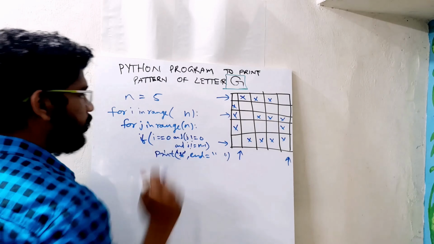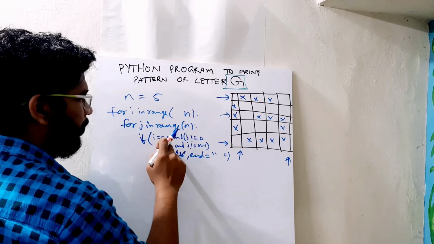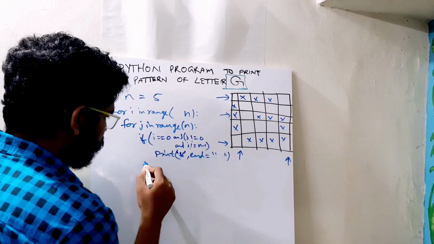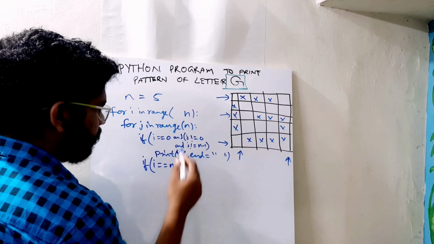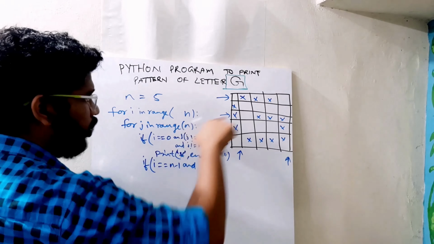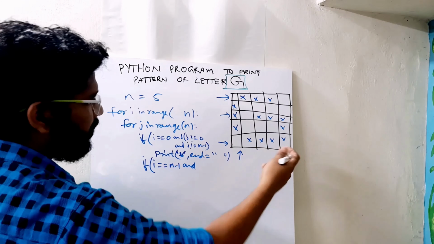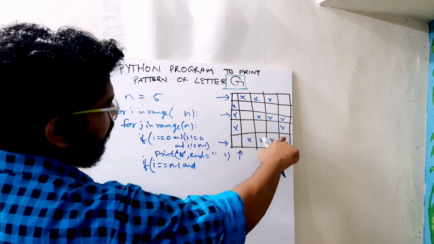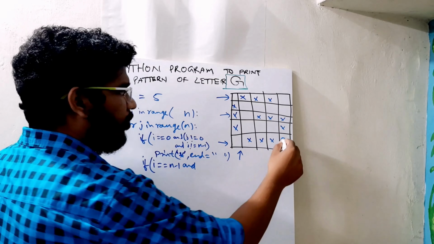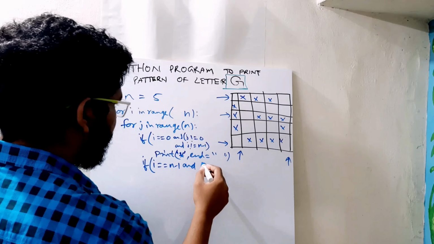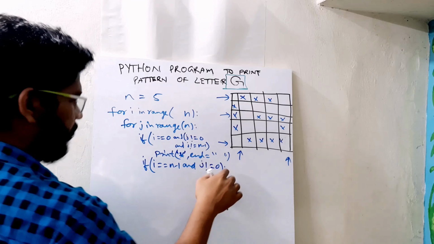So this is for the first column. And similarly, the same condition for the last row, but the row should equal n minus 1. So again I write an if condition, i equal to n minus 1, and the same end condition. It should not be equal to the first column, and it should not be equal to the last column. Actually, here we don't need the last column condition, you can remove this. It will also look like a reasonable G, but I'll just keep it. So here, and j not equal to 0. This is the condition for printing.